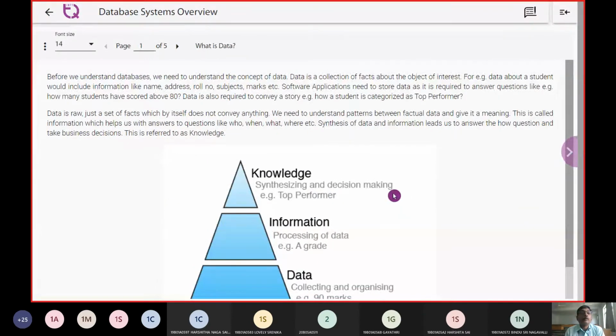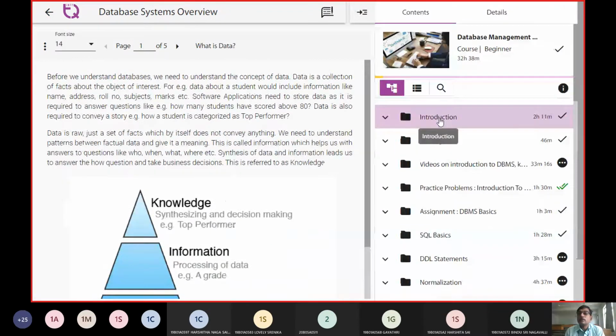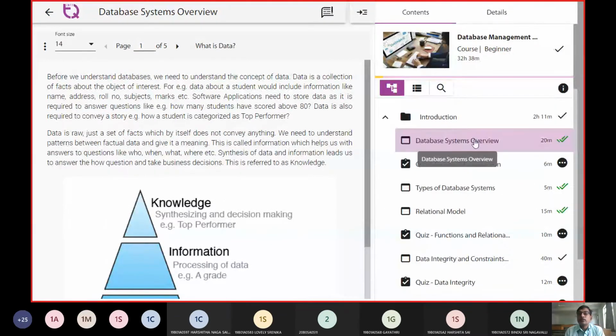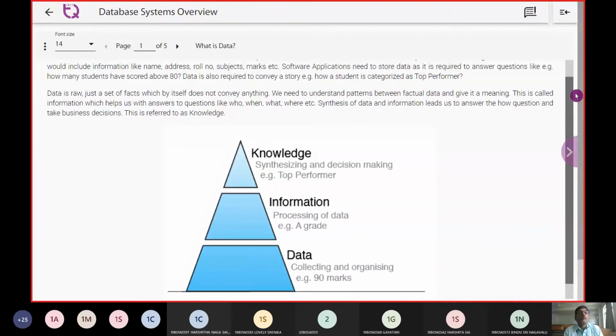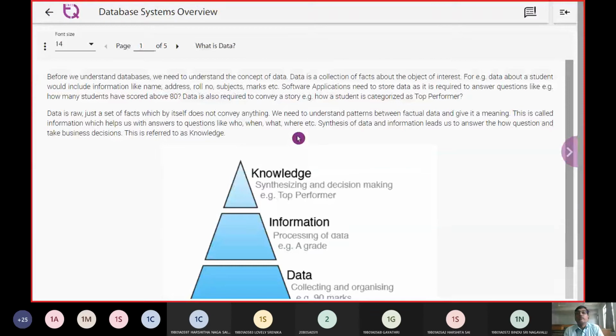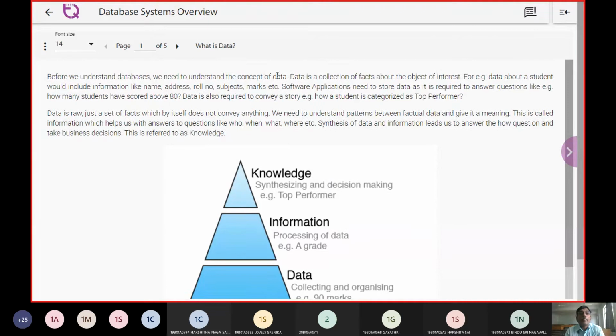So this was the first introduction, first slide towards the introduction. Now the definition of DBMS will start from the word called as data.